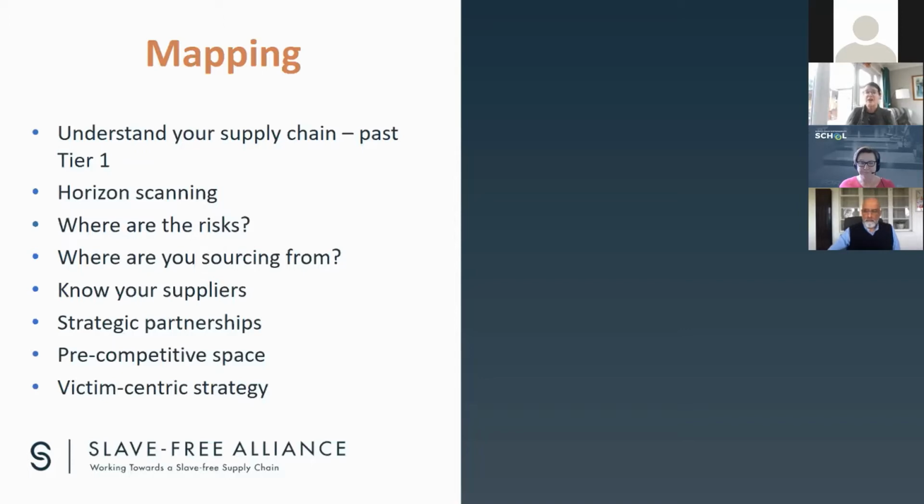Horizon scanning right at the beginning is really important to look at what's ongoing and new trends in the areas where you're operating in and sourcing from. So what's going on where and what you're sourcing helps you plan ahead proportionately and identify how much leverage you have in response, to be able to do the right thing and make the change within those areas. And it's an opportunity for collaborative partnerships as well. So it helps you to start really setting out your stall.